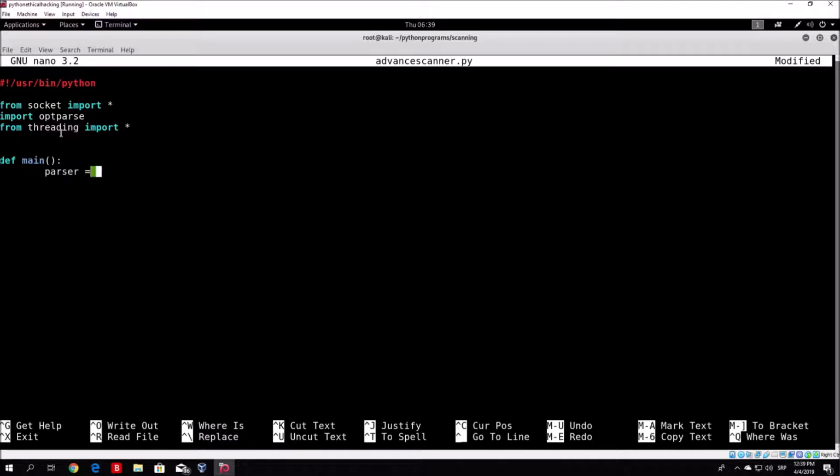So that function will be opt parse dot, and the name of the function is OptionParser. Between the brackets in OptionParser, that is, open and close the brackets, we want to specify, for example, the usage of the program itself. We can do that by specifying it between the double quotes. And here we will type usage